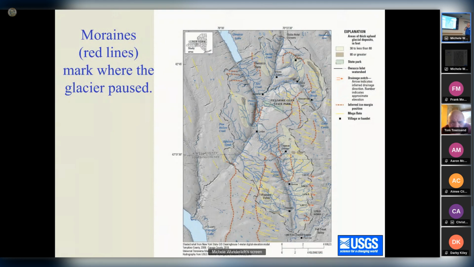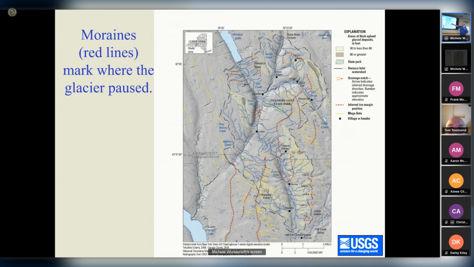So with the advent of LiDAR imagery, super high resolution land surface elevation data, you can look at hill shades of that, and you can see fine details. You can see stone walls, furrows in farm fields. So in this area, this is the Owasco watershed.